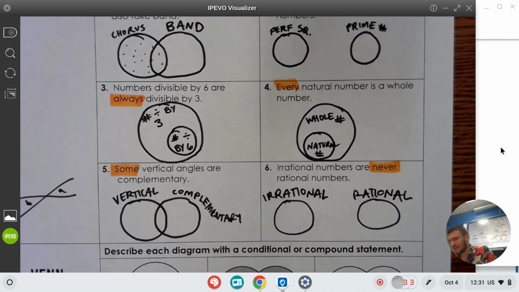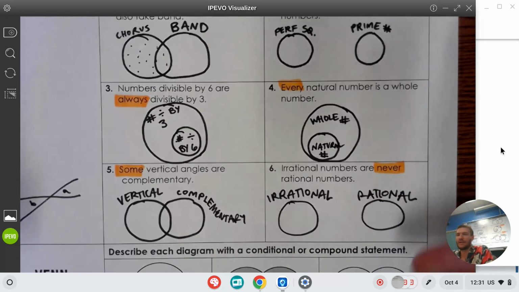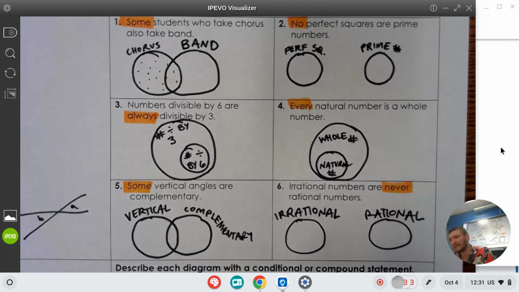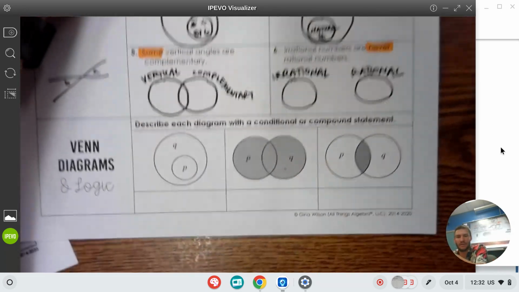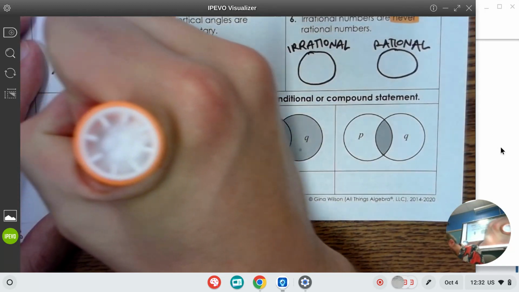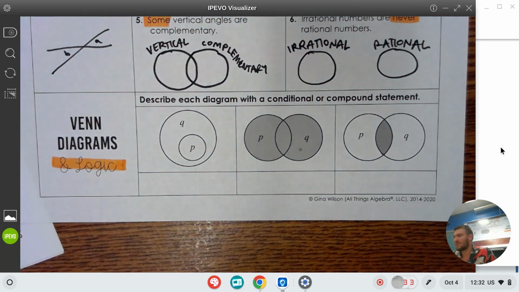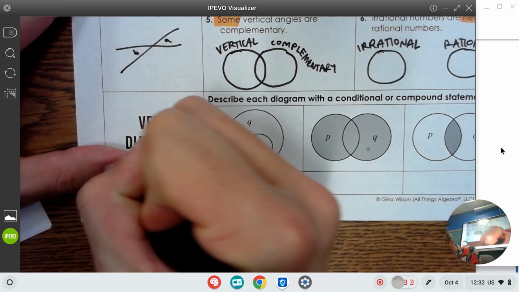All right, cool. To be honest, this stuff, like typical in geometry, for about 5-10 minutes, we're going to do something that's so easy, so boring, we're kind of snoozing, and then all of a sudden we're going to add that first layer of difficulty to it, and we don't want to snooze here, okay? Here's the important part. Venn diagrams and logic, right? We're going to bring in the logic stuff. We're going to bring in the symbols, like, if you want a little reminder, this symbol, which means